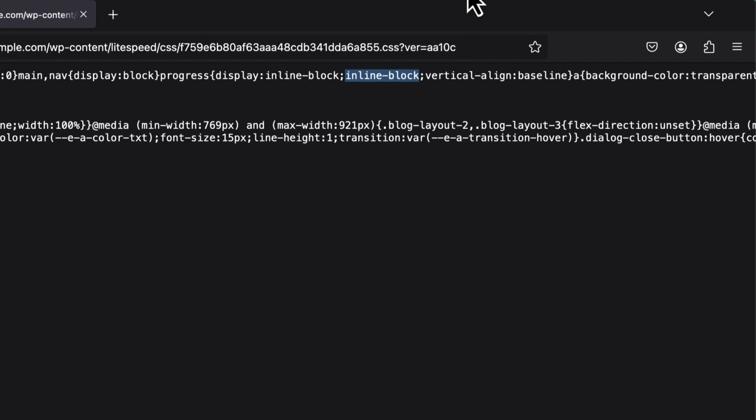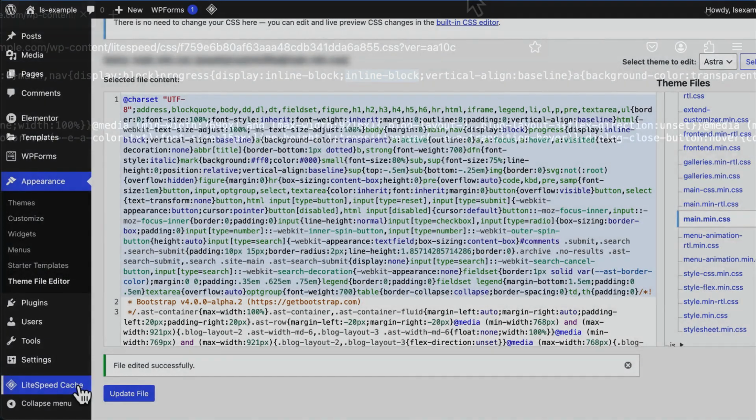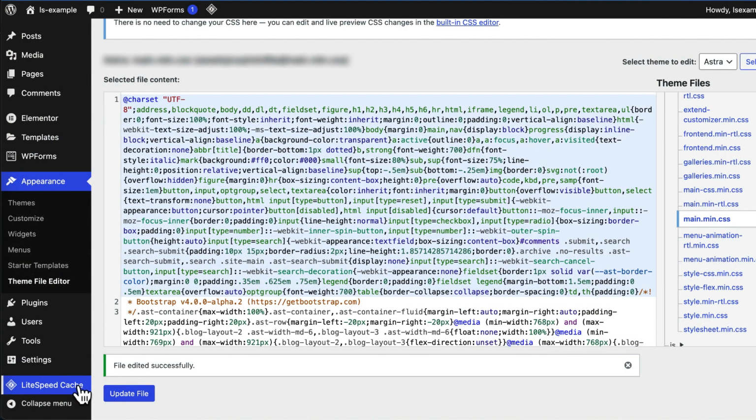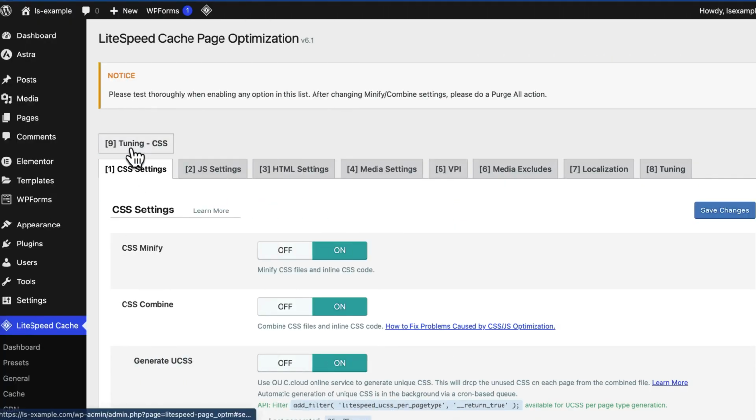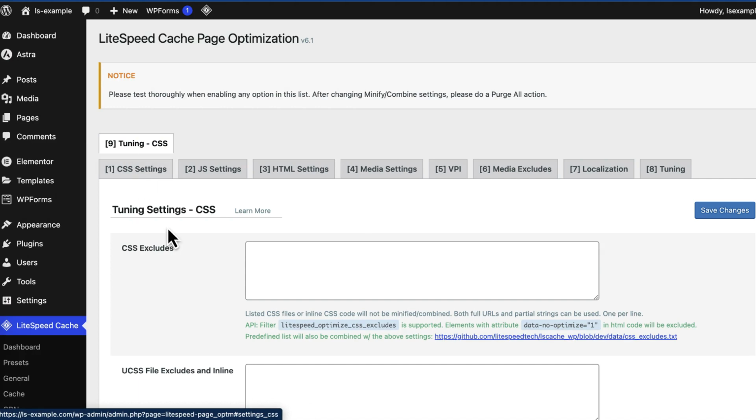It's going to be different for every site and for every actor. Once you figure out where the original source came from, you'll need to fix the CSS syntax error in that source file. If you can't fix it yourself, you can exclude the source CSS file from optimization. To do so, navigate to Page Optimization, then Tuning CSS, and add the file name to the UCSS File Excludes